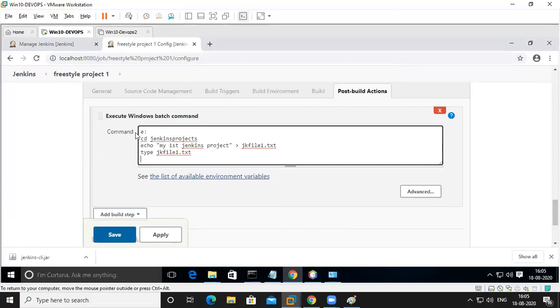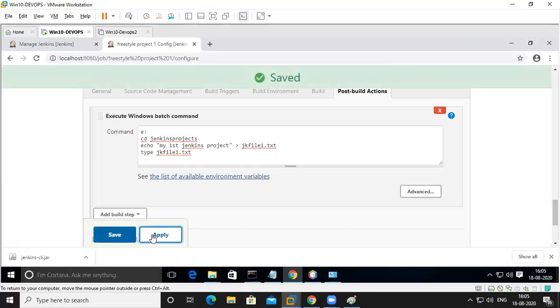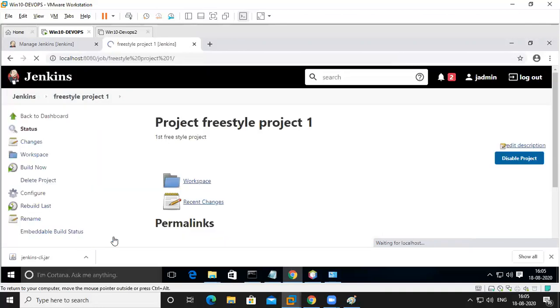You want to do other things, you can also do it, but okay, this is enough. I created a file. I went to a folder and then I created a file and then I see the file. Okay, so this is our project. This is one development. I'm going to apply or save. Save means save and apply. Apply means only apply and save, like that. You can use it. Save means save and exit. Means project is created. That's it.